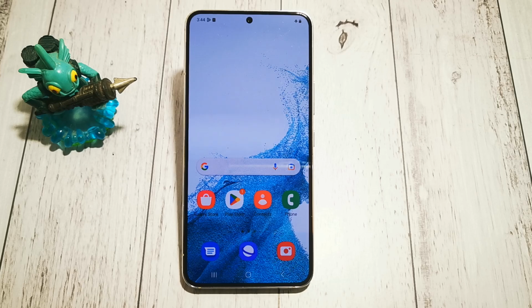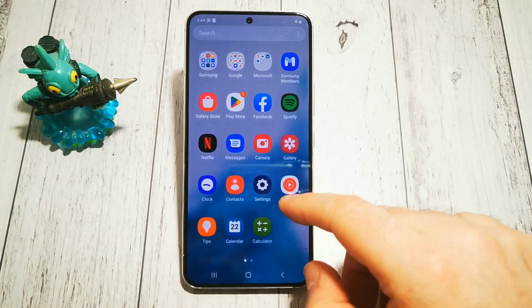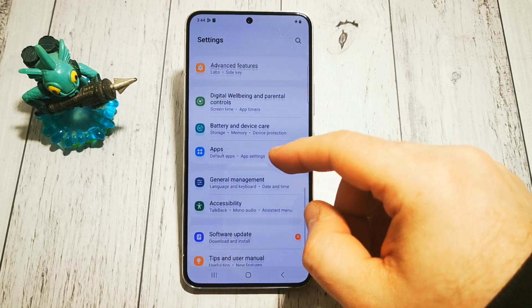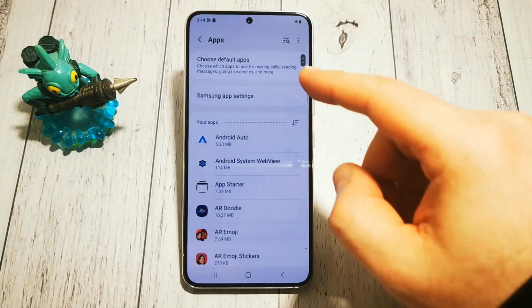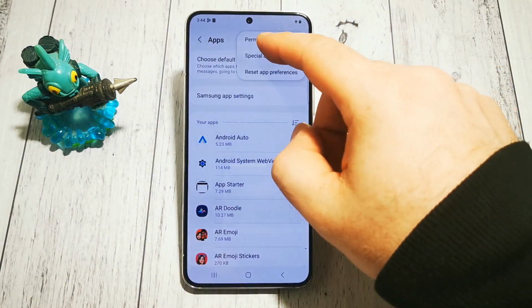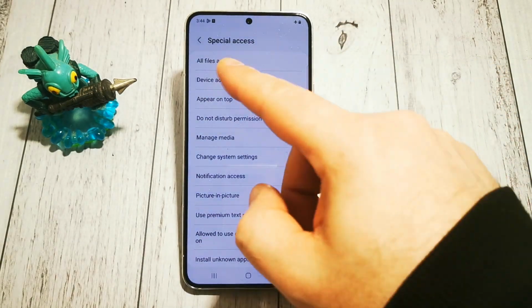Today I will show you where to find device admin applications permissions in Samsung Galaxy S22. So where to look for these options, how to find them. We need to go to settings, then we are looking for applications menu. Next at the top right we have a 3-button menu and special access. And at the top we have